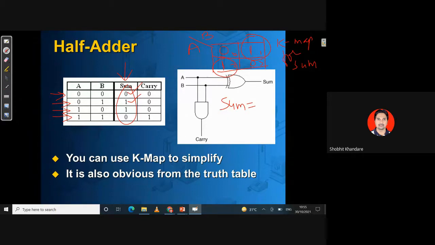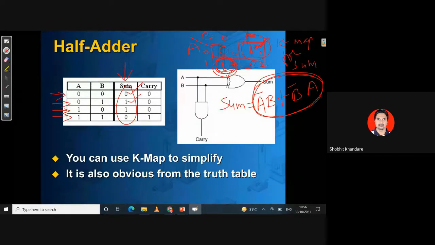So for this one, can you give me the term? In terms of AB? So this is 0, this is 1, this is 0, this is 1. So for this one, give me the term. A B complement. A bar B. I am saying this for this 1. Yes sir, A bar B. A bar B plus. For this one, tell me the term. B bar A. Yes, B bar A. Okay, B bar A. So this, where did you see this?